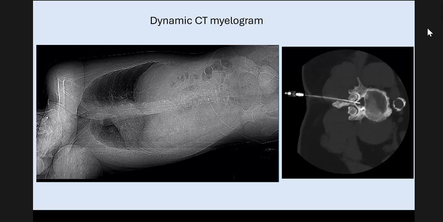Now, dynamic CT myelogram is different from a standard CT myelogram. As the name suggests, it's dynamic. So you inject the contrast and you immediately scan the patient and you look for any leak. Okay. So the patient which we discussed came for a dynamic CT myelogram. There was no intraspinal collection. So in patients who do not have intraspinal collections, we start by